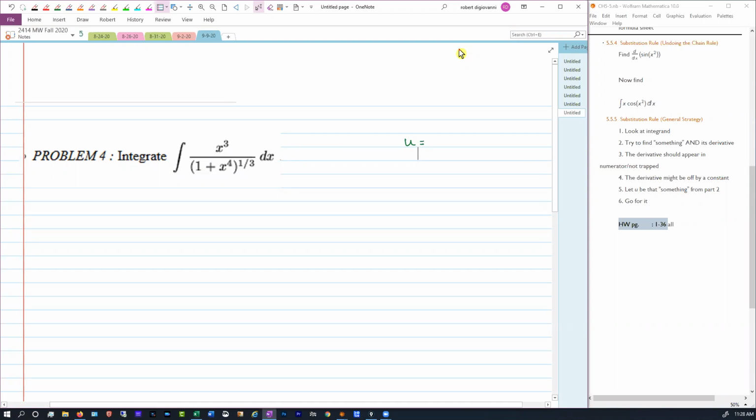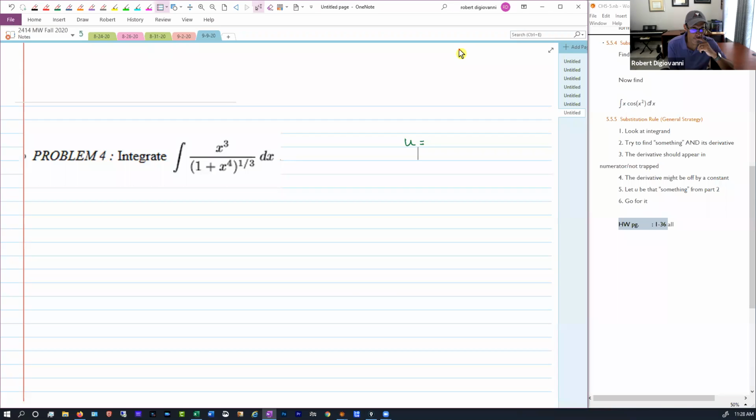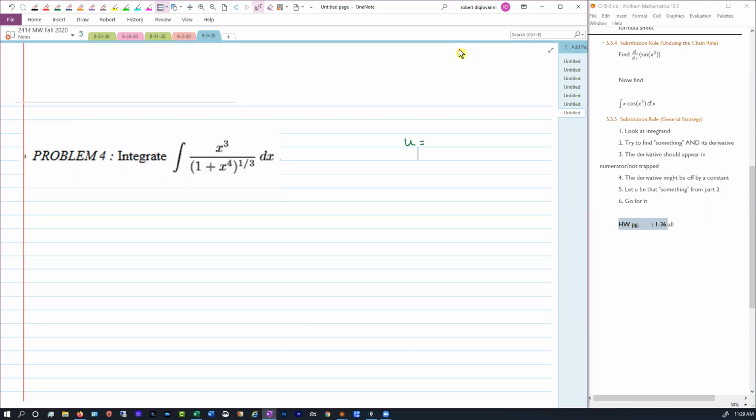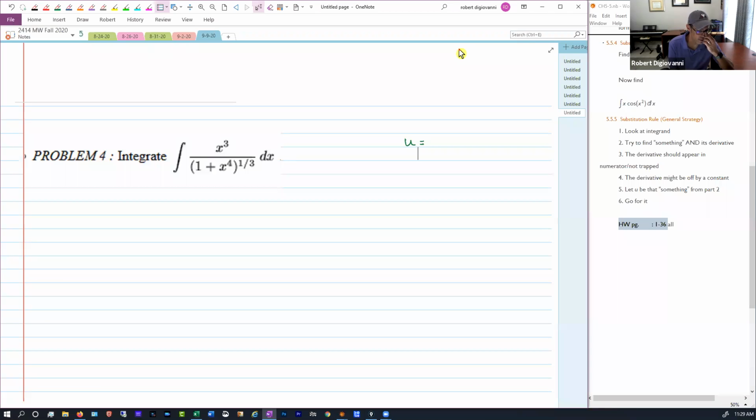What I'm thinking is that 1 plus x to the 4th, the derivative of that will be 4x cubed. And 4x cubed, yes. And you see an x cubed there. Yes. That sounds like a good way to go then. Don't talk yourself out of it. Let's do it. Let's let u be